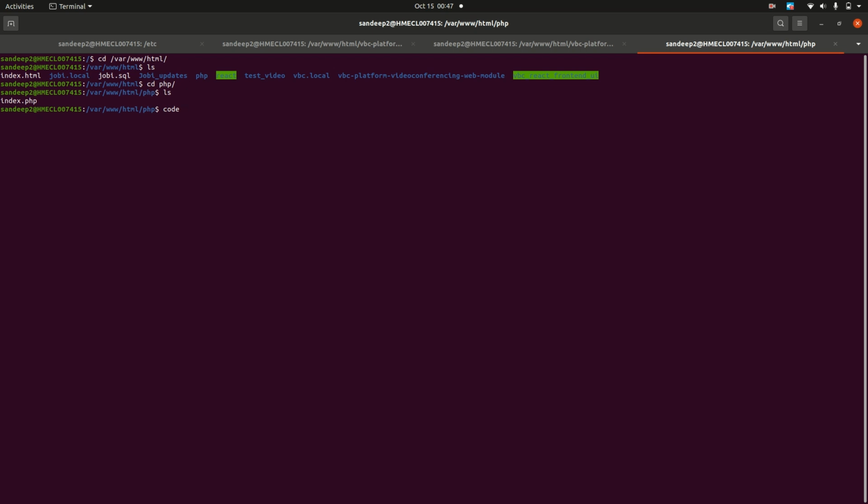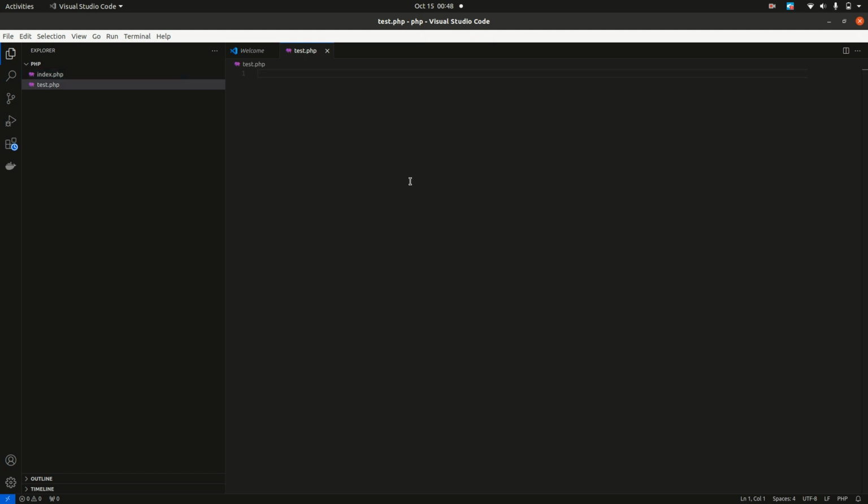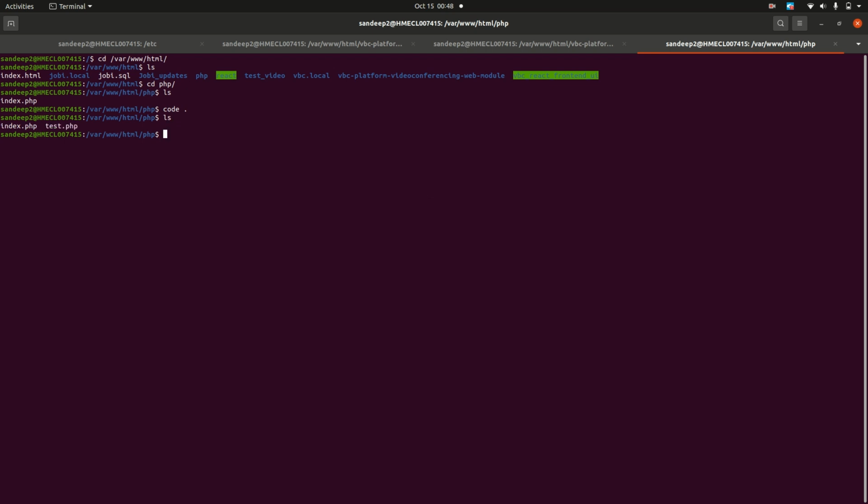Let's open this location in a code editor. Let's create a new file, test.php. These are the PHP tags. We will discuss them later. Okay, so we can run our program from here and you can see the output,